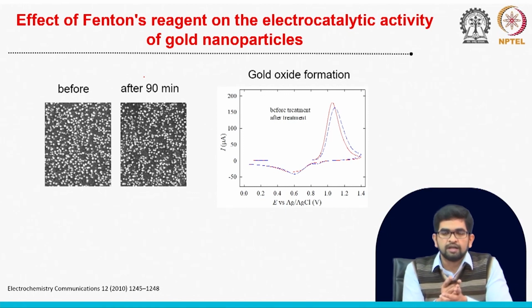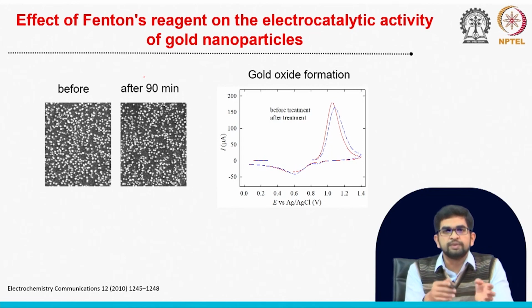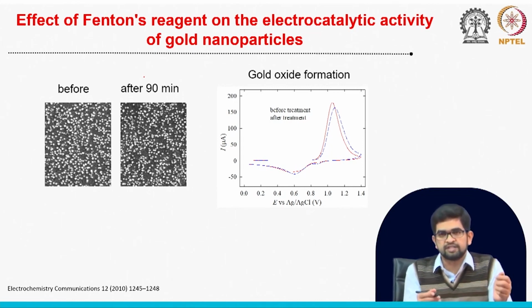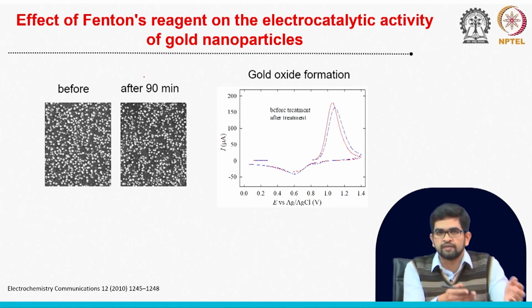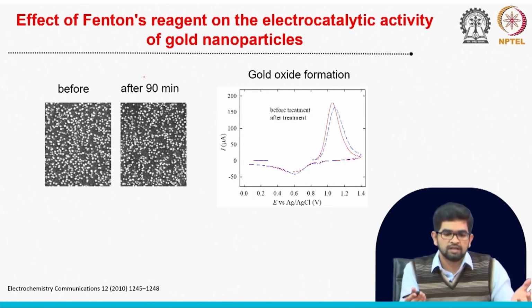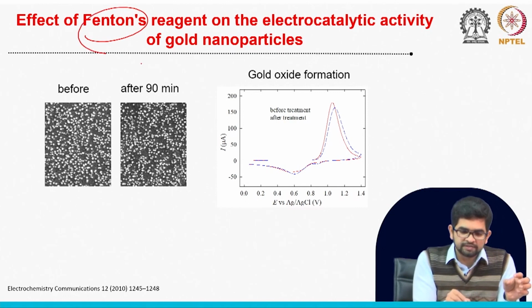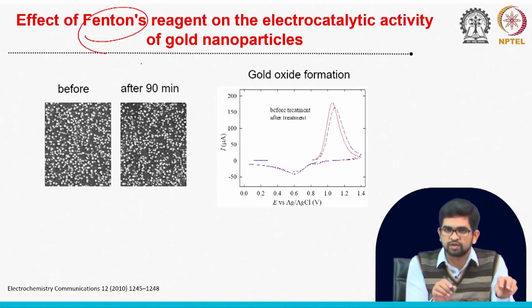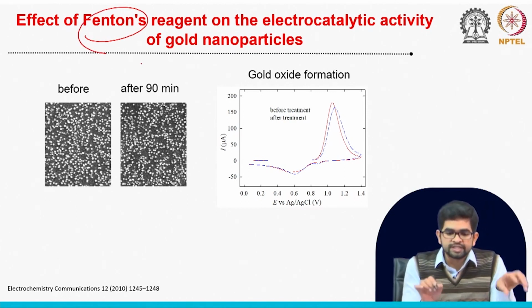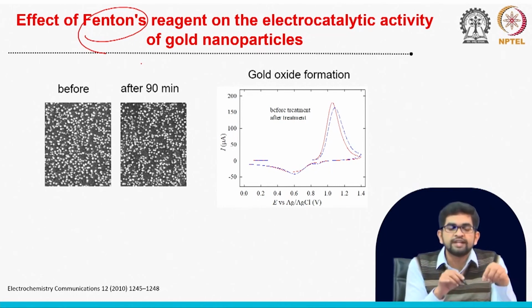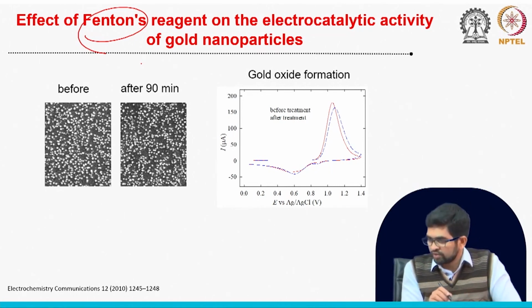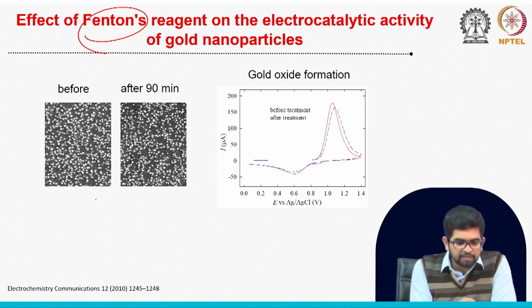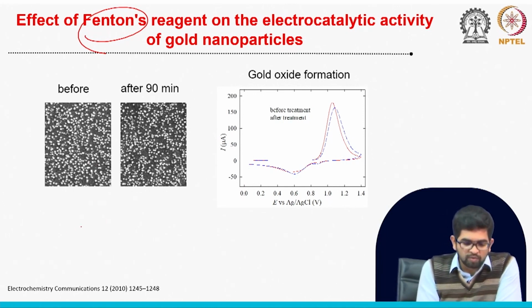Because their activations are not similar, right? How they behave during the electrocatalytic activation or treatment, they are not the same. The bulk electrode has one effect and the nanomaterial has something else. So let's use this Fenton's reagent, that is EDTA, hydrogen peroxide and ferrous sulfate. When we apply this mixture to gold nanoparticles, we can modify this nanomaterial